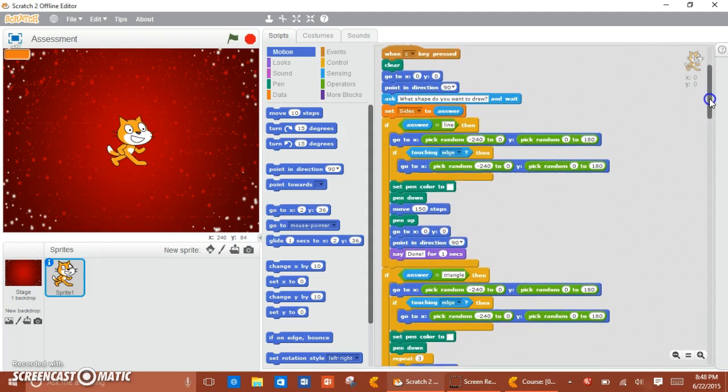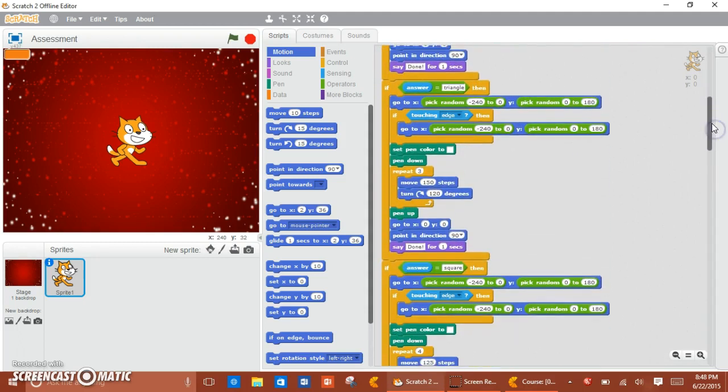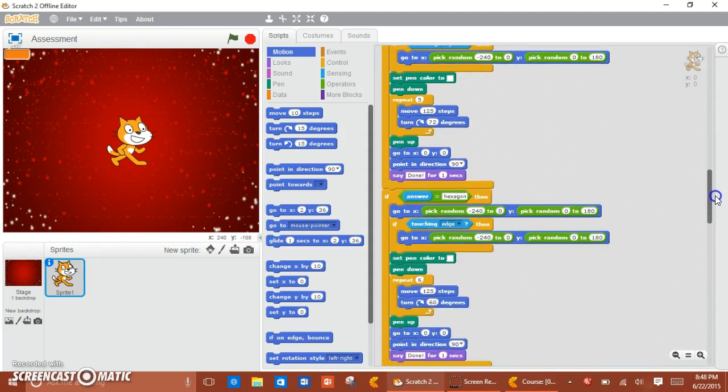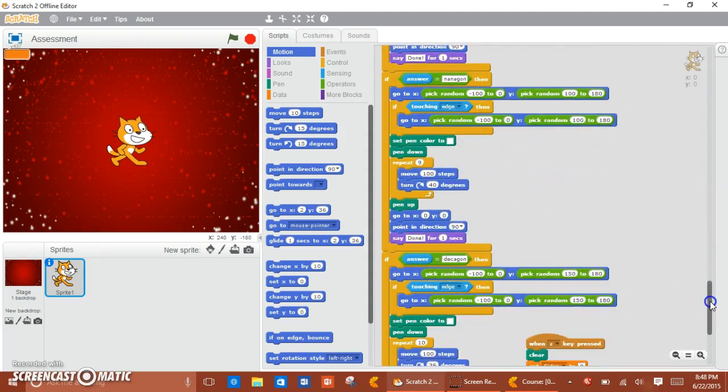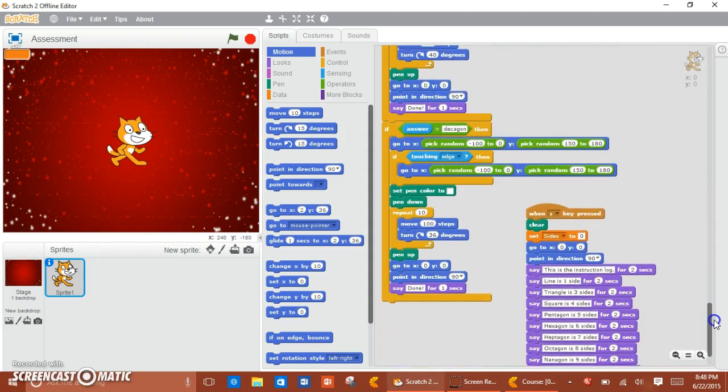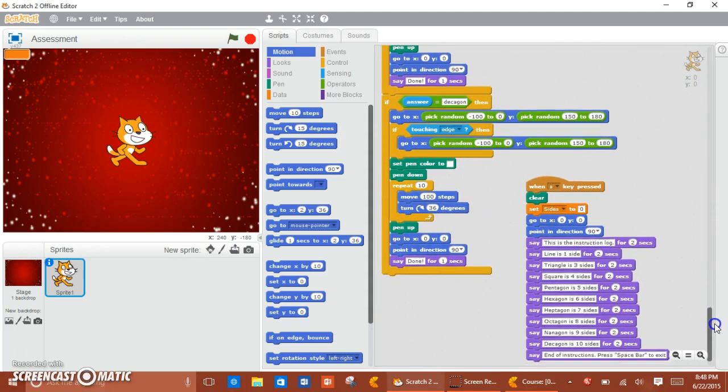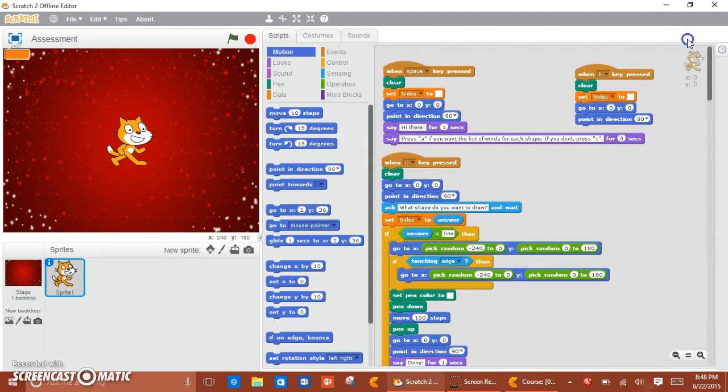So there's line and triangle, square, pentagon, all the way down to here, what we call a decagon, which has 10 sides. And that is my